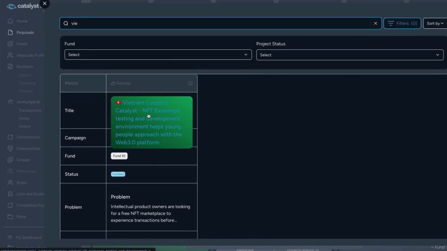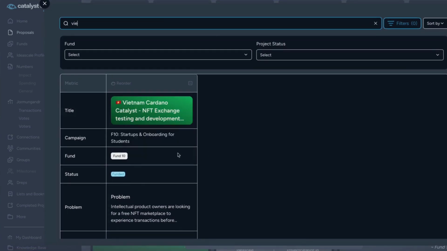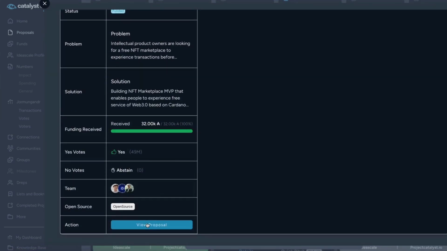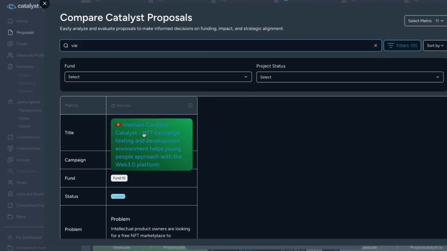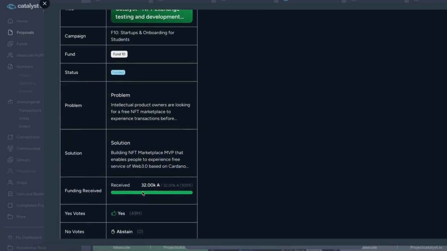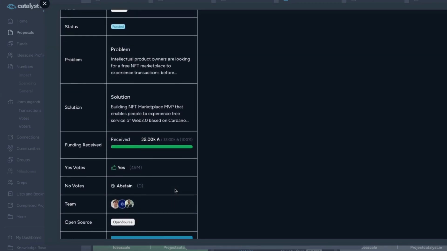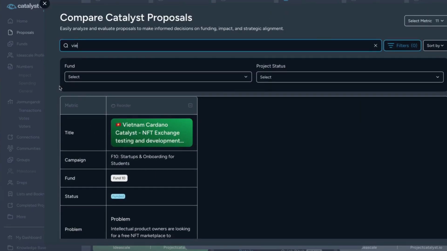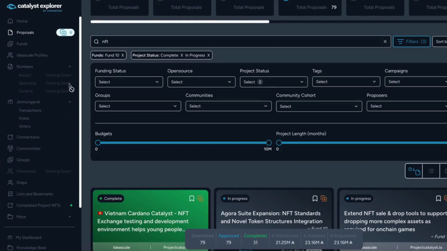You can click to view that specific proposal using this button or the title. Then you can see all the different sections from that proposal. You can see the team members and all that. So that's all I'd want to show you on this feature. I will move on to the next feature,